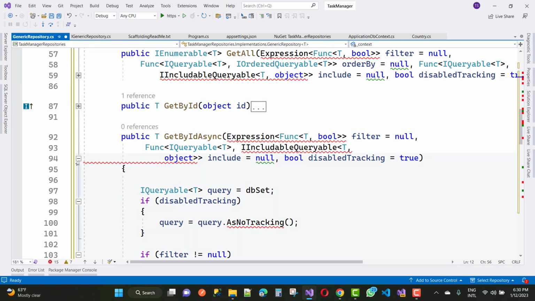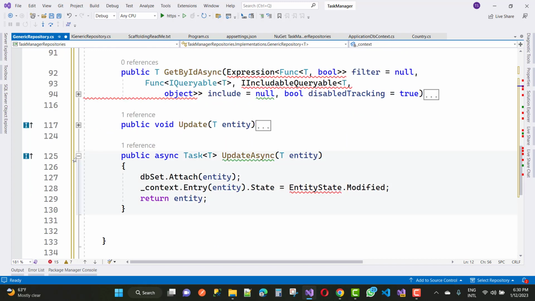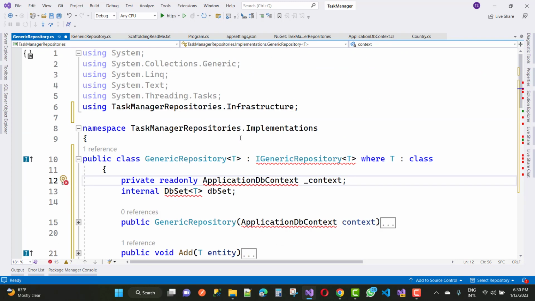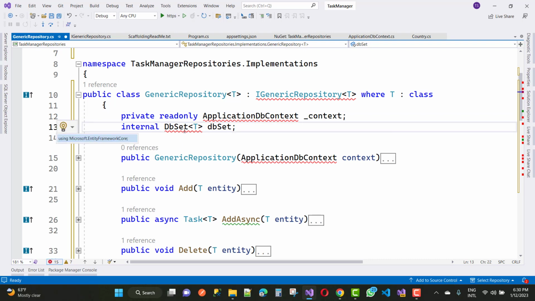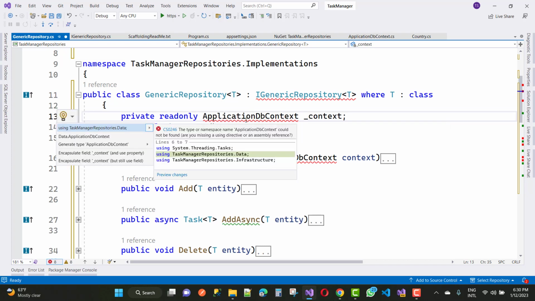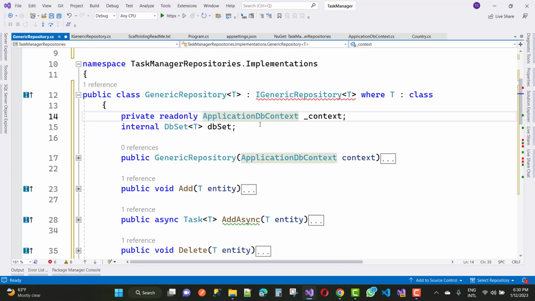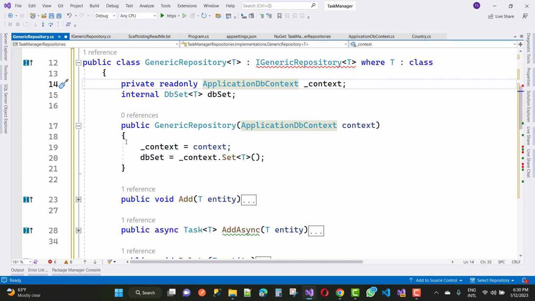Remove all the squiggly lines. Okay, so under the DbSet, you can use Microsoft Entity Framework Core. So remove this, and ApplicationDbContext is also created. Just use Control+Dot to add the using for TaskManager repositories of data. Okay, and the next method in the constructor, you have all these sets,